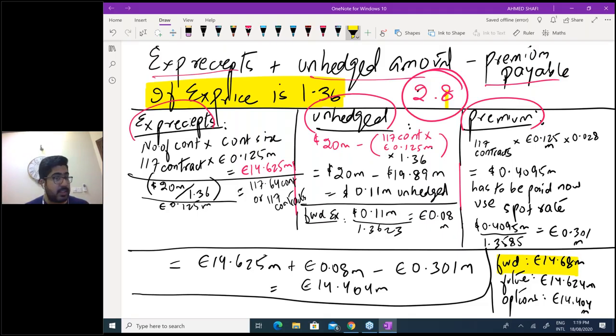Okay, I am telling you options is not complete yet. You haven't got full marks. 1.38 exercise price you have to work and then decide which is the best one. However, in receipts, the best one is the one which is giving highest answer among all. And in payments, the best one is the one which is giving the lowest answer. I am telling you these formulas are very easy for expected receipts, for unhedged, for premium. The only important thing is whether to take call or put. In receipts, remember you have to sell, so put. In payments, you have to buy, call.